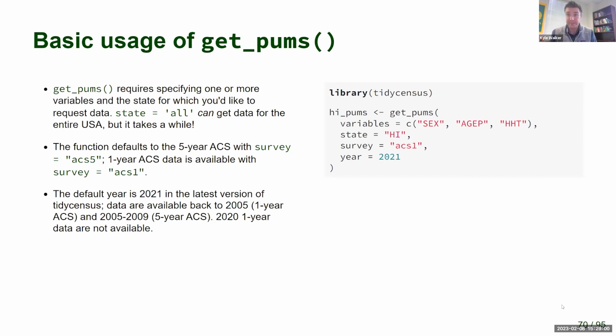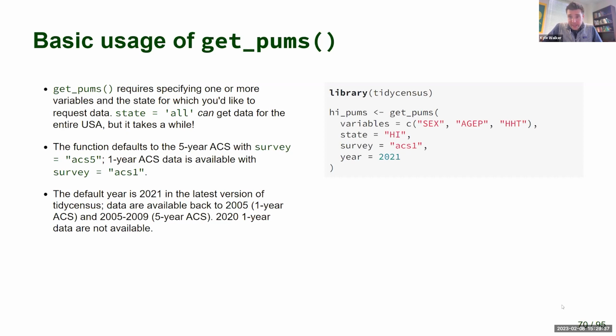He actually made this stuff work, and a lot of the stuff that you're seeing is stuff that he developed 2-3 years ago. The getPUMS function talks to the ACS microdata API, and it pulls in individual level ACS records. You'll specify one or more variables, and you'll notice that the variables are more intuitively named in the PUMS than they are in the regular ACS, and a state. You can do state equals all to get all states. This can take a while. The 2017 to 2021 5-year ACS